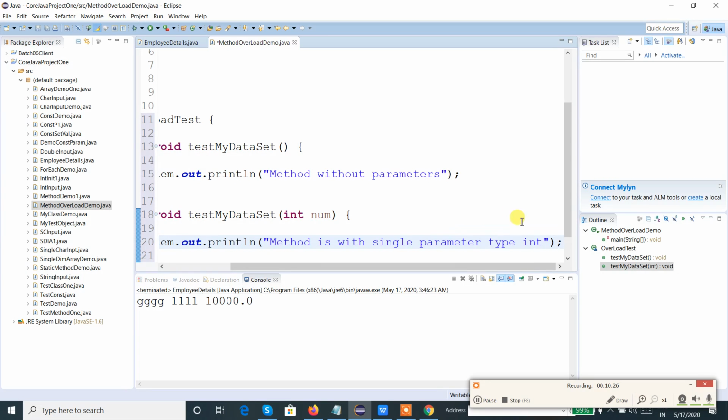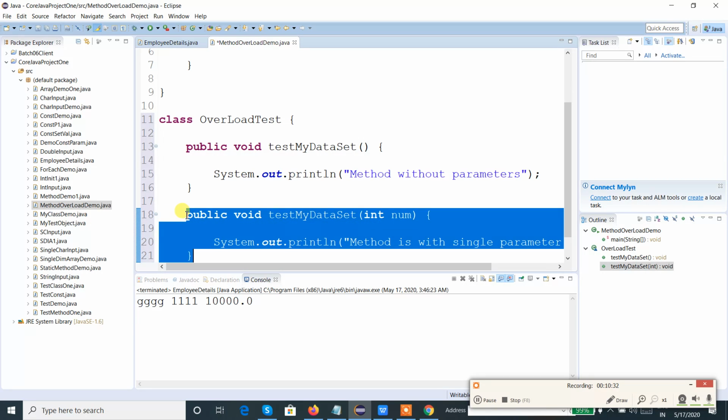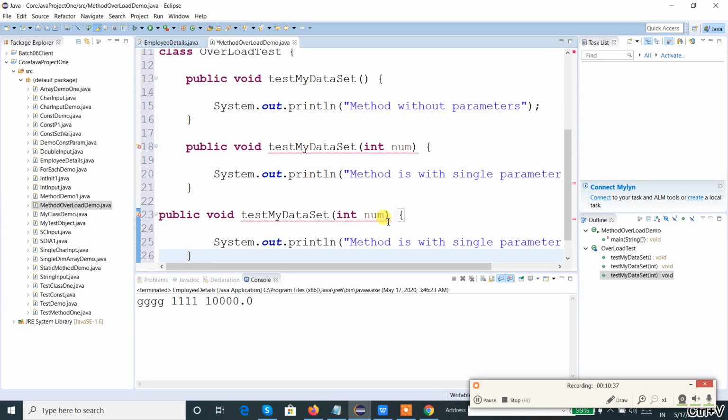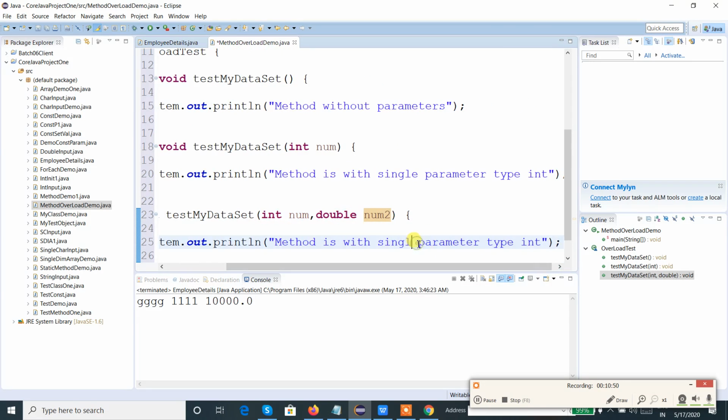This is the output of this method when it gets called. Now let me create another method, increase the parameters, and let us say this method is with two parameters of type integer and double.